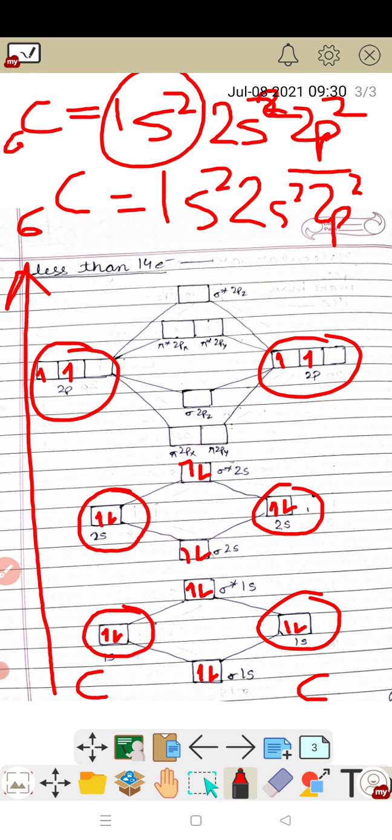So we can fill in the pi bonding 2px 1 electron and 2py second electron, pair up 3 and 4. Yes, this is the type of filling electrons in the molecular orbital diagram for less than 14 electrons,